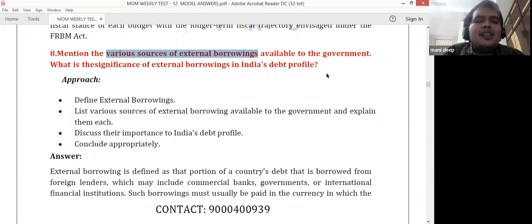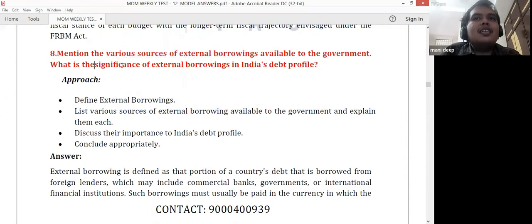And third is commercial borrowing. For example, there is a private institution, like Tata. If Tata wants to get some money, they'll raise some bonds and get this money from a commercial bank abroad. And the fourth is foreign deposits. For example, you'll have more NRI funds. Whatever deposits they are having is a kind of borrowing for India. So these are the things you write about.